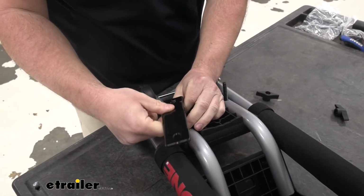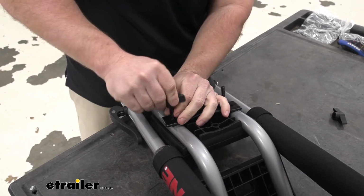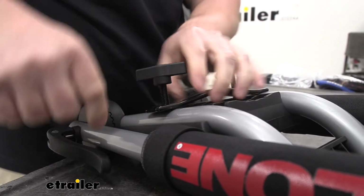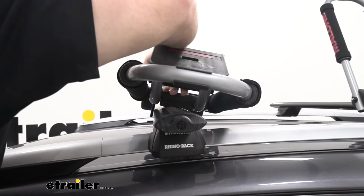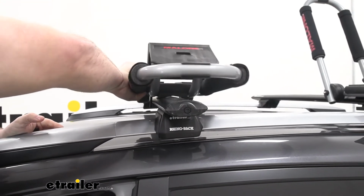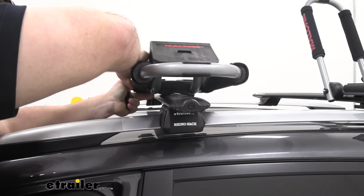Just put our plate on the top and just get a couple turns on it. You don't want to tighten down too much because you don't want it to lift up too much on one side. But just a couple turns, and now we can go to the vehicle. Just go ahead and set it in place. We'll make sure you line up with the other one. We already installed the other one, so we'll get about right here. Looks about the same. I'm going to swing over